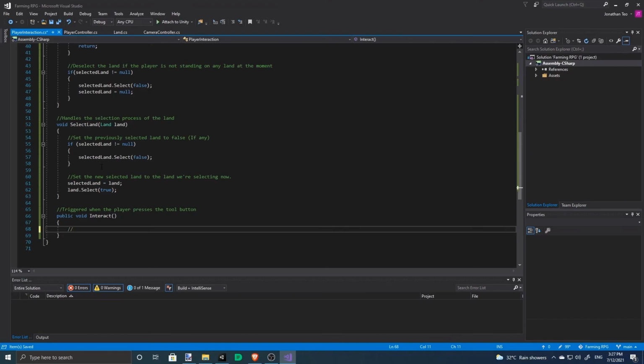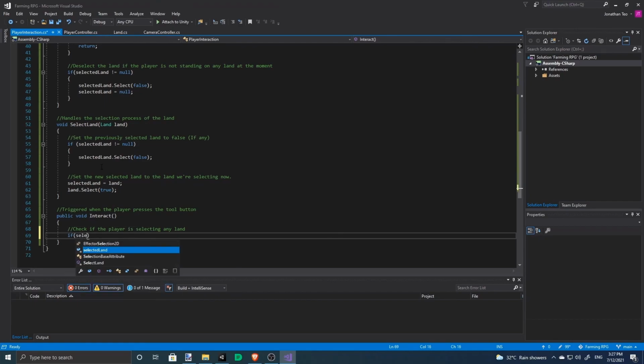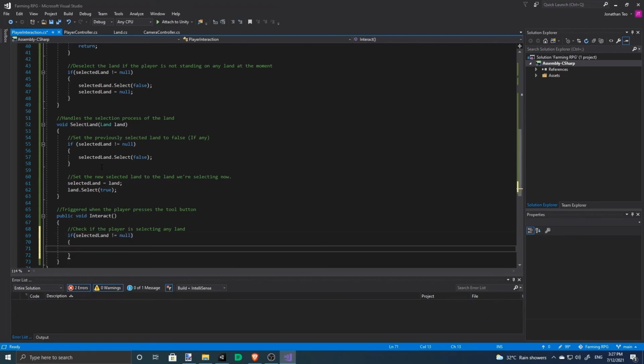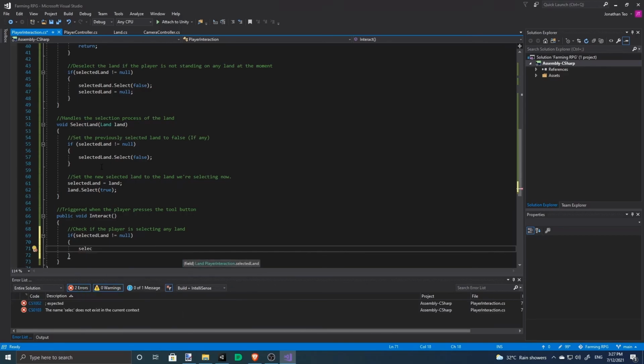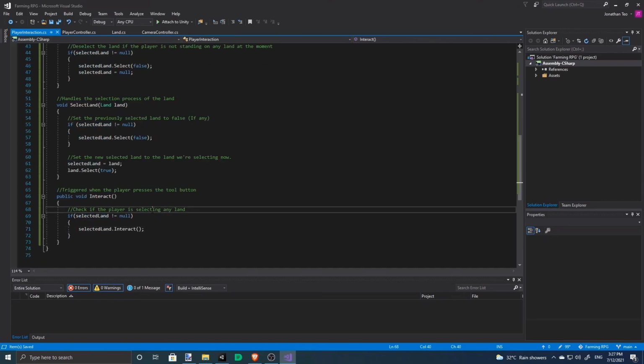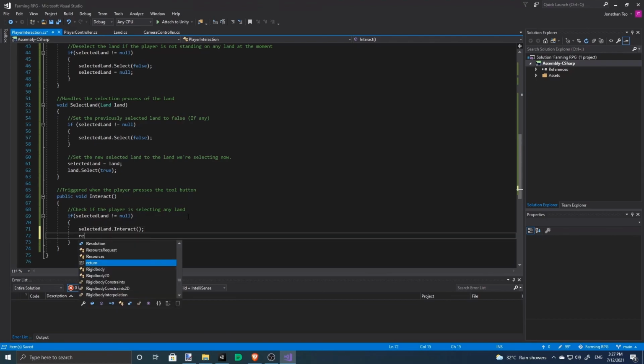So we first need to check if the player is on any farmable land. Oh, if it's selecting any land, it's going to do this.